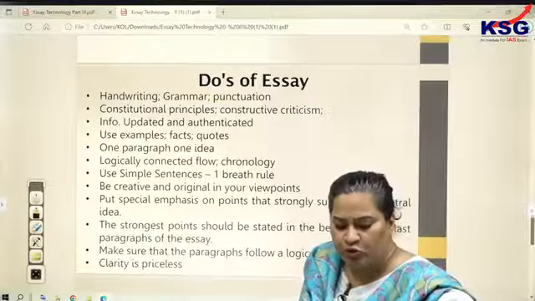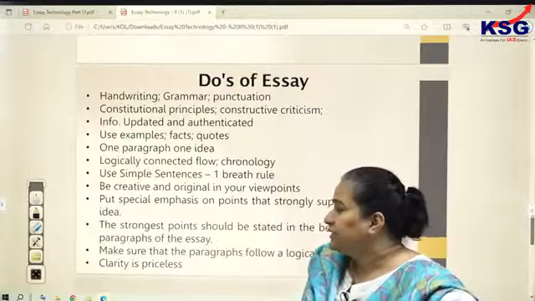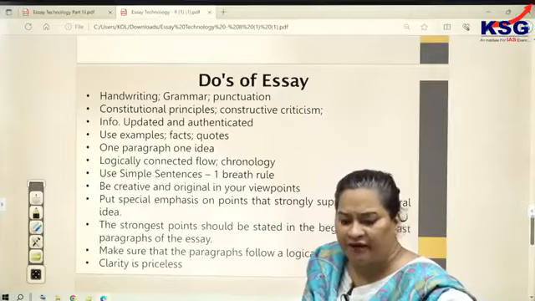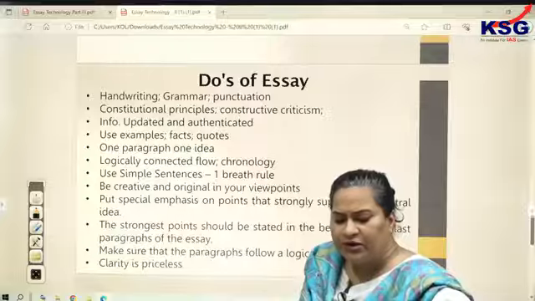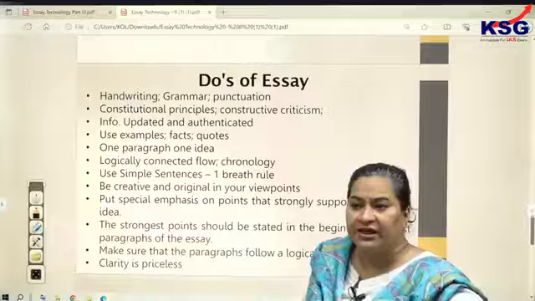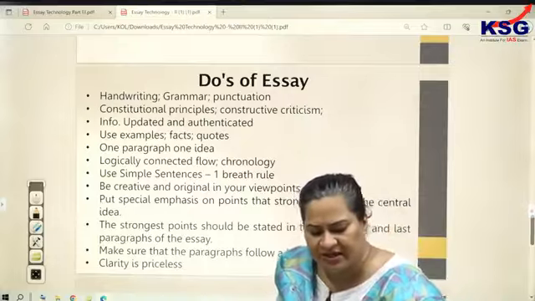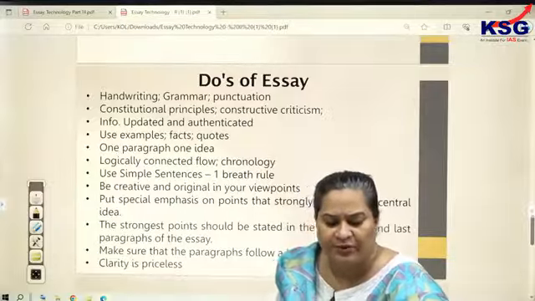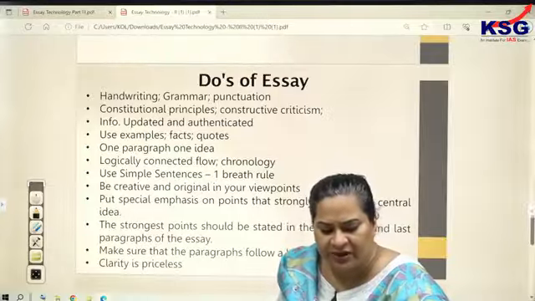What do I imply by this so-called one breath rule? It implies that don't write such long and winding sentences that a person reads, and after reading, the person is mentally asking, what does this person want to say? Think of the possibility that the person is able to connect, the person is able to understand. Not that, brother, what does he want to say? That should not happen. A person should be able to understand what you aspire to communicate.